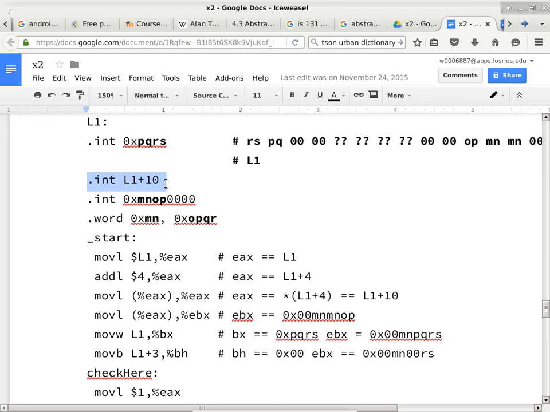To allocate 32 bits and initialize it, right? And it will initialize it based on the expression that you provide in a dot long. So the expression here is L1 plus 10. What is L1 again? L1 is a label, okay? And the label in this case is defined to be the address of